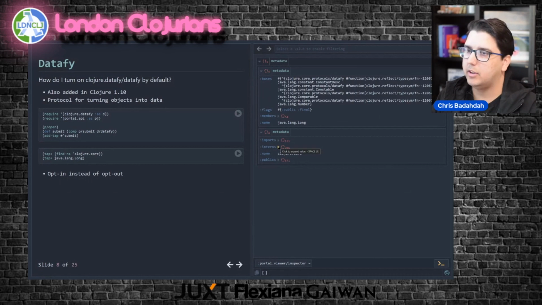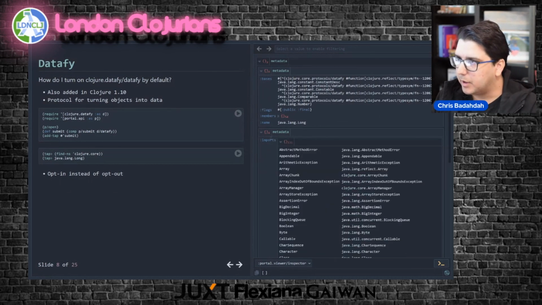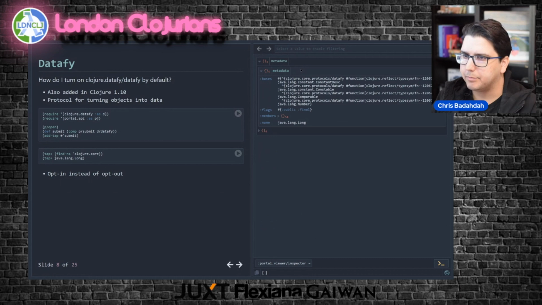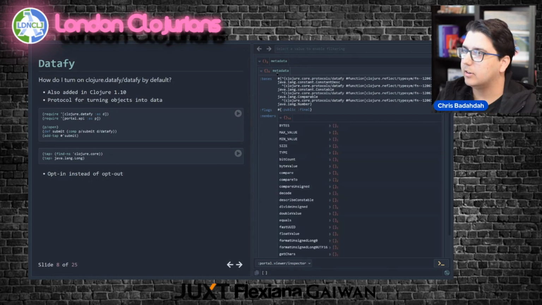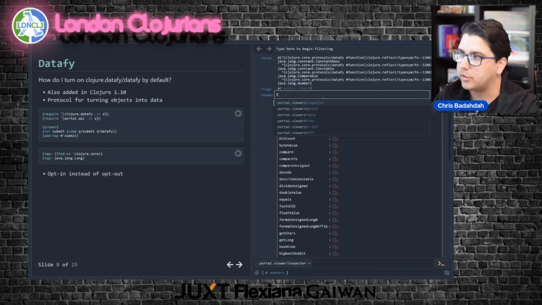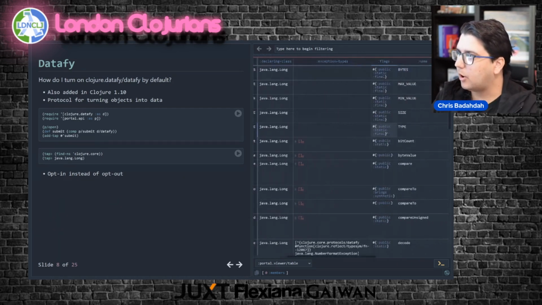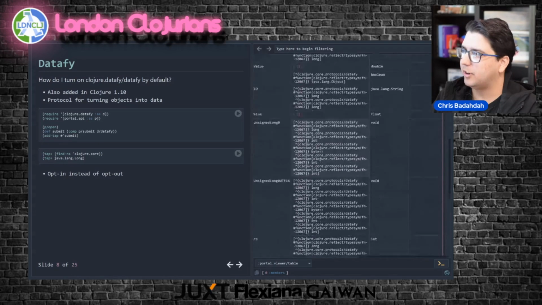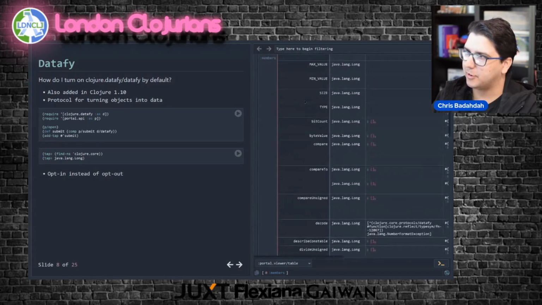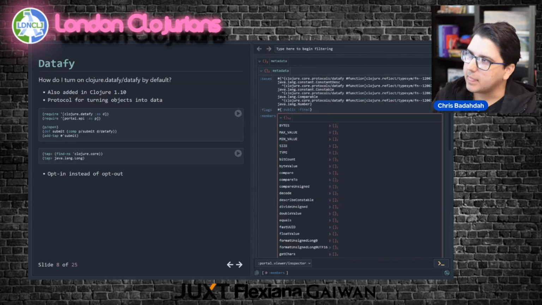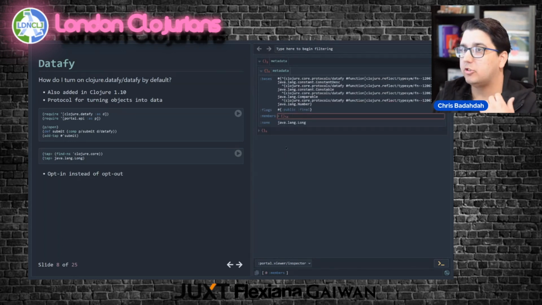You might have other datafication implementations, and then here's another one for classes, actually. So here's the datafication for the long class. You can see that here are all the member things, and you can put those in a table and see all the reflection introspection data that you could ever want from the JVM for a given class type. Right, so it's relatively easy to opt in, and I like that behavior: make it easy to opt in, but don't have it on by default.